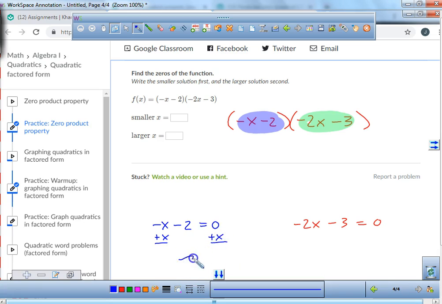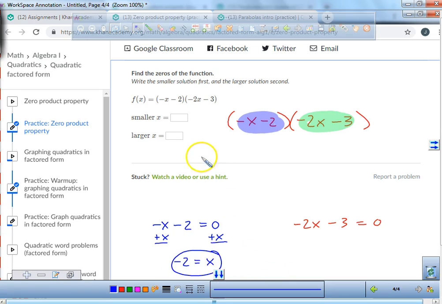Okay? And we get negative 2 equals x. Now what does that mean? That means we have one of ours. X equals negative 2. On this one, what I'm going to do is I'm going to add 2x